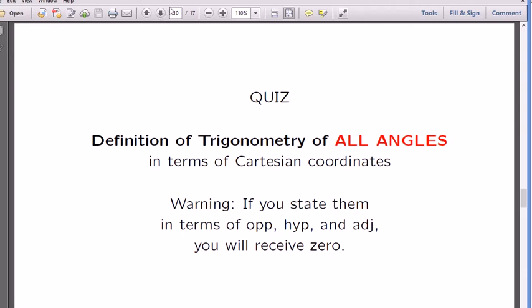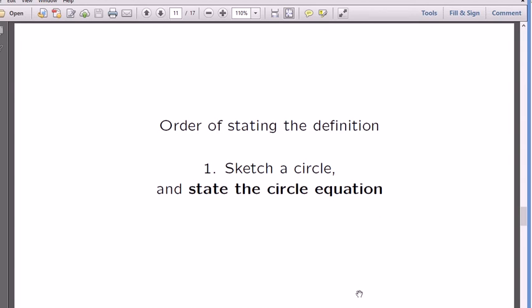All you have to state will be summarized in the box I'm going to show you. All you have to state is what's in the box, all right? But we'll go towards that. So if you're good at memorizing this type of stuff, you have a good, photographic visual memory, you don't have to follow this order, but it might help you. So the first thing we're going to do is sketch this circle and state the circle equation. All right? So here